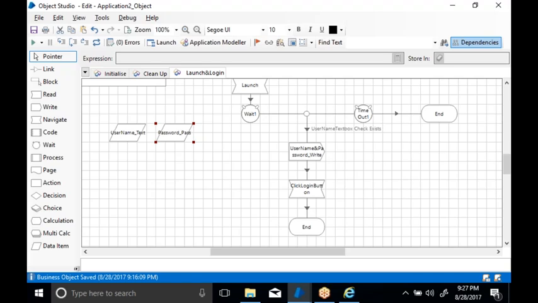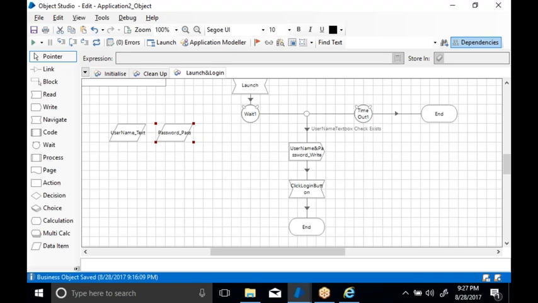Now how can we access them? Blue Prism created one option called an internal business object. We are creating a business object for the application. They also created one business object for the credentials. By using that business object, I will take the credentials from the credential manager. The business object name is the internal business object called Credentials.